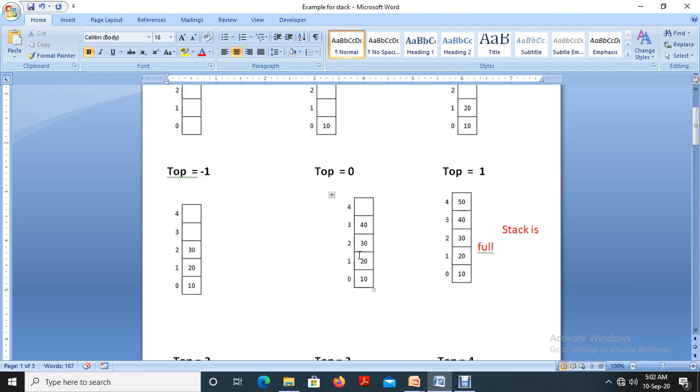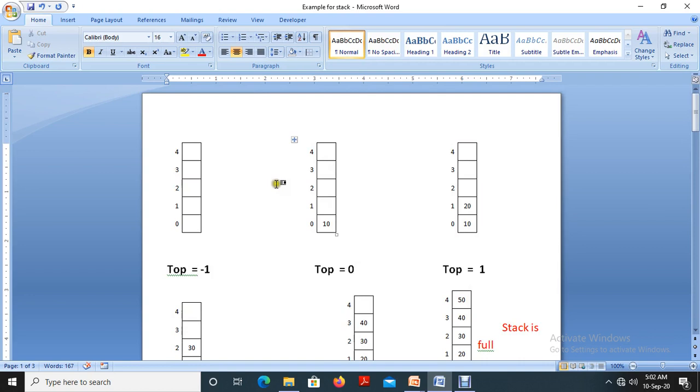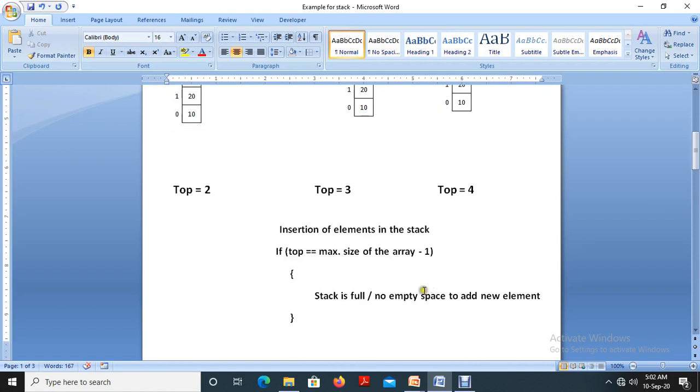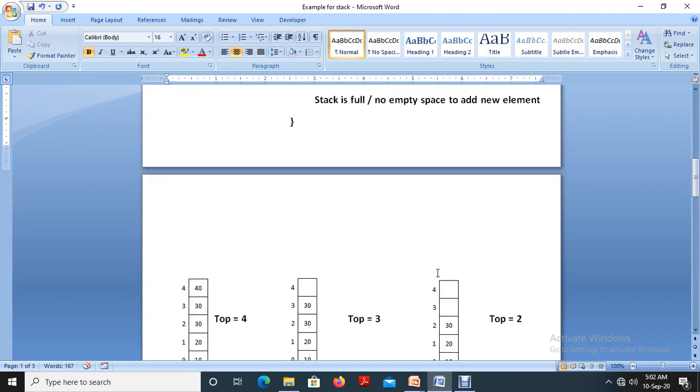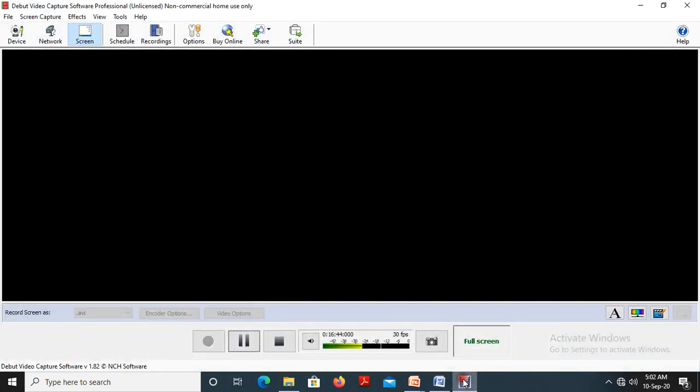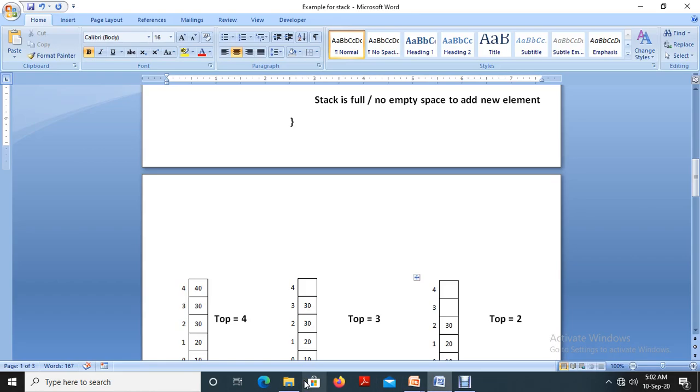If you declare the array as a of 10, what will be the maximum size of the array? 10. So top equals 10 minus 1, 9. That means the last inserted element will be located in the position a of 9 if the stack is full. Okay. Next. So this is a case that we are discussing here.